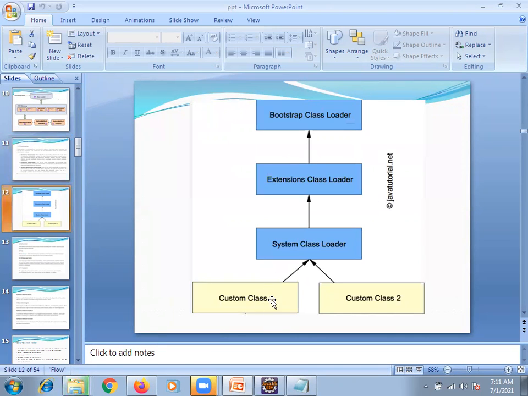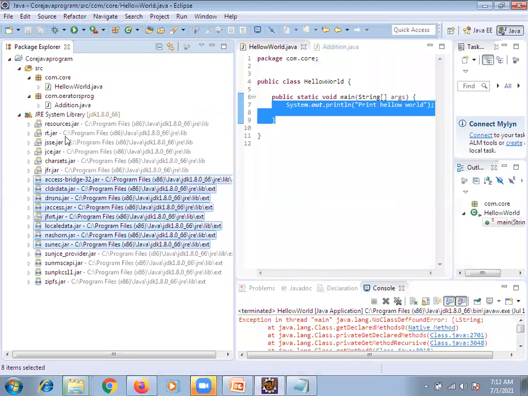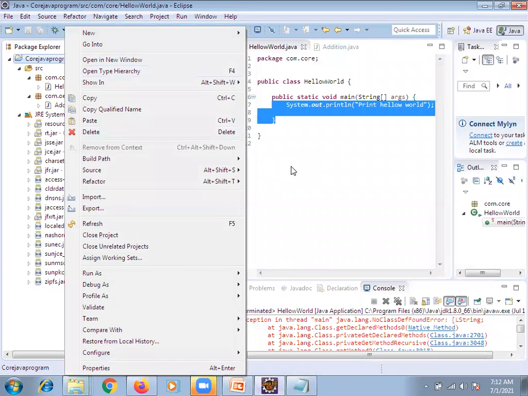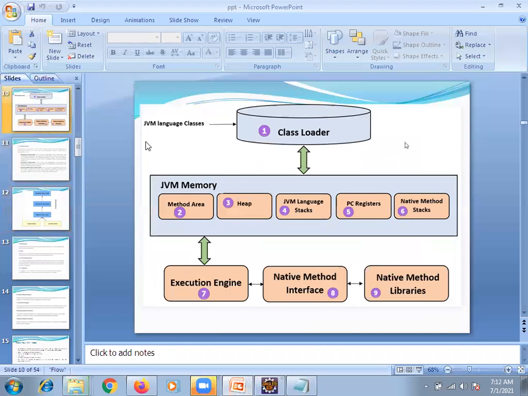Now you can see this is a custom class. Just now you have written hello world. So initially it will load the system class loader. The system class loader will be available in the extension class loader, and it will be on top of Bootstrap. The parent class would be Bootstrap and inside that this child class will be there. This child class is again the system class loader. This system class loader will load all your custom classes. Not only a single class, now we are having 2 classes. Are you getting what I'm saying? These 2 will load whenever your program runs. Clear, right? So these are the steps involved in the class loader.